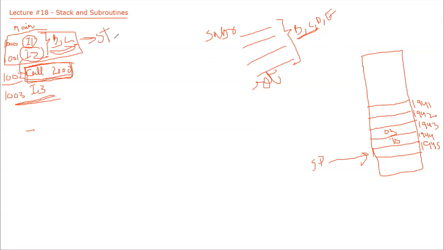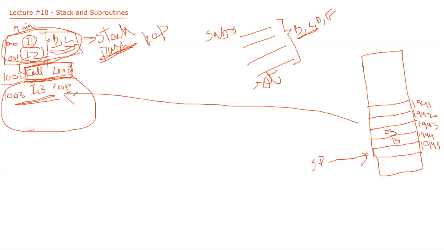But that data which I want to store on the stack, I have to carefully do push and pop operations. So before doing a call, I will do some push operations, and using those push operations, I will store the data that is specific to this program onto my stack memory. And when I have returned to the main program, I will do pop and get that data back from the stack into my program registers, and then I can use that data.